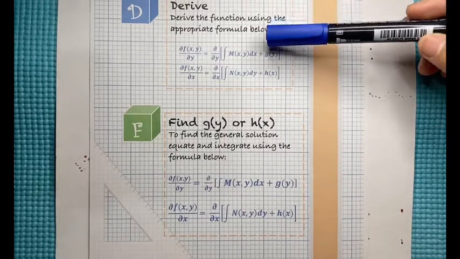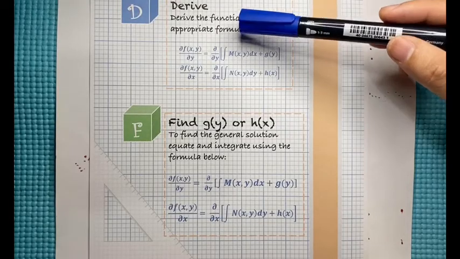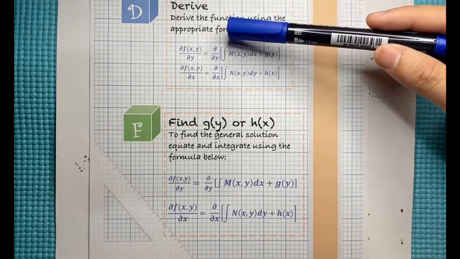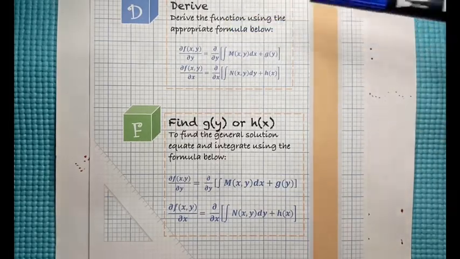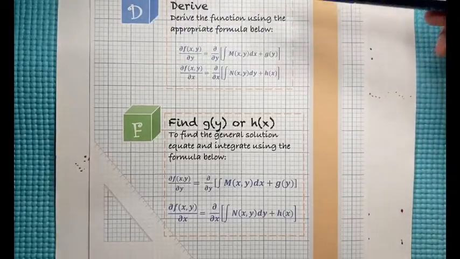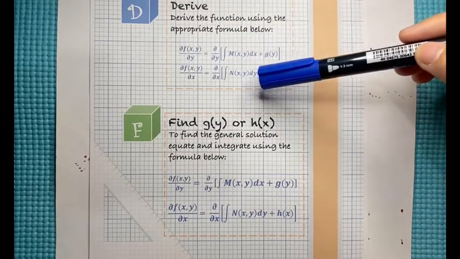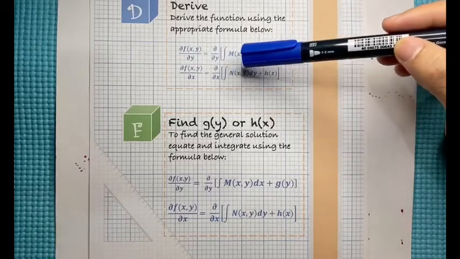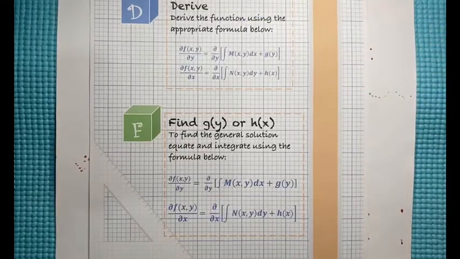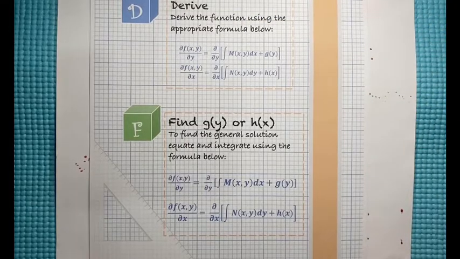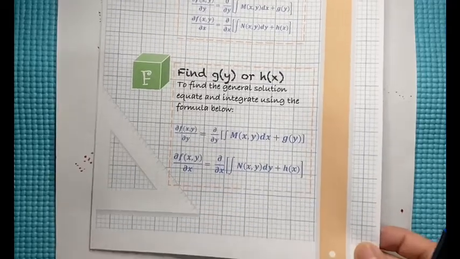chosen function. And this time, we're going to partially derive it with respect to the other variable. And then if we had chosen n of x of y, then we're going to partially derive it with respect to x. So the next step would be, once you were able to derive the given equation, we